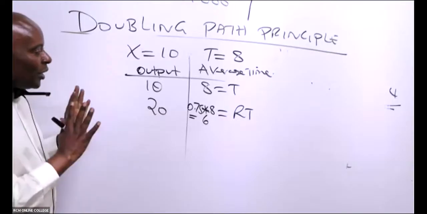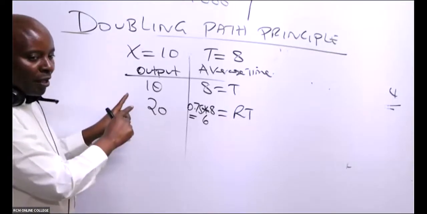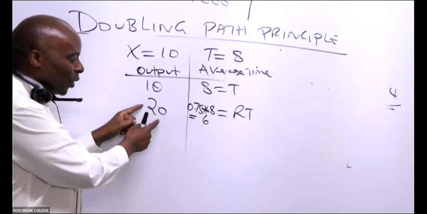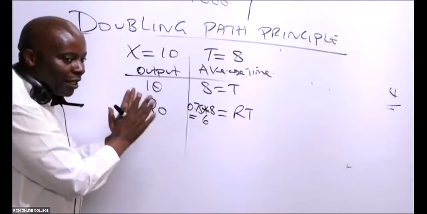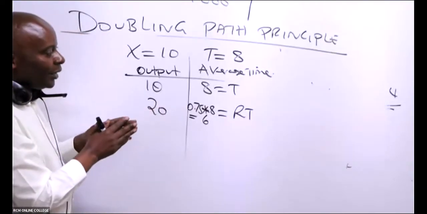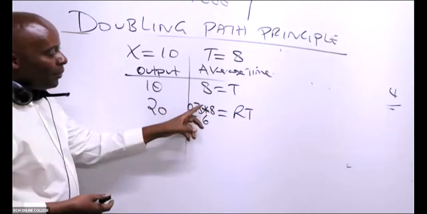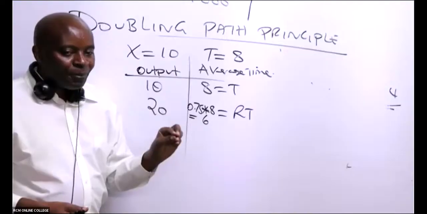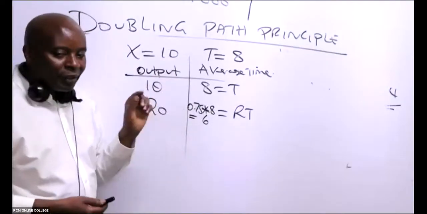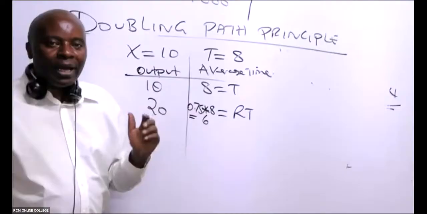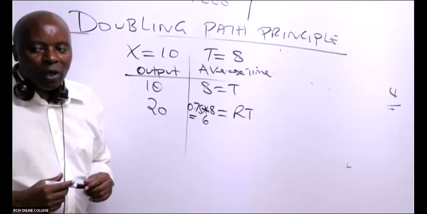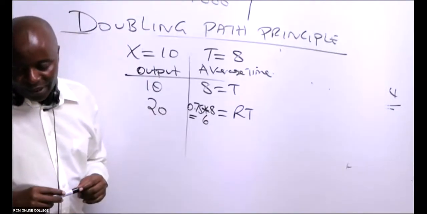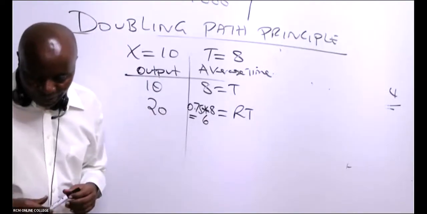The only thing the output is showing us is the double, 10 to 20. When it comes to getting the time for this one, always remember the concept of RT. Somebody may be wondering, why is the average time reducing and yet the output is increasing? But you see, this is time per unit. For these 10, I will be using 8 for each one of them. But as I expand with my productivity, what is happening to average time? It's reducing, to show experience.